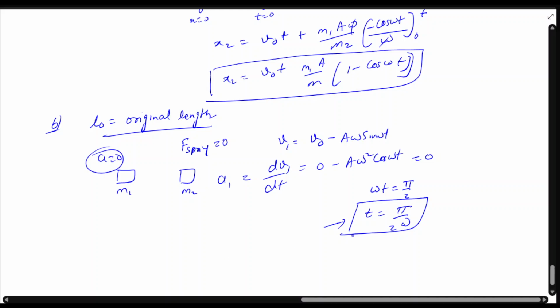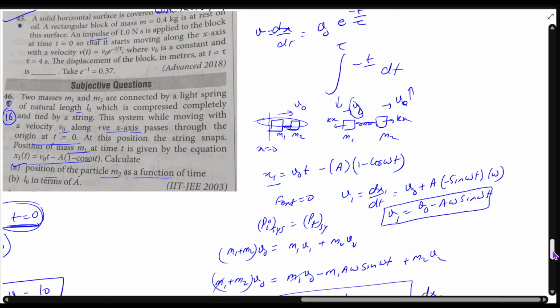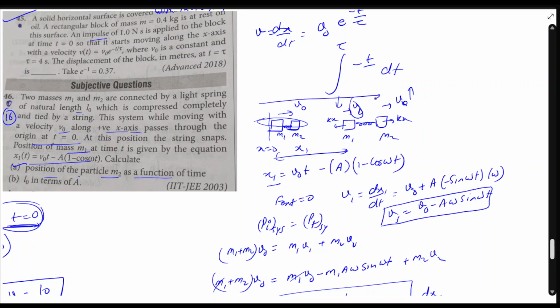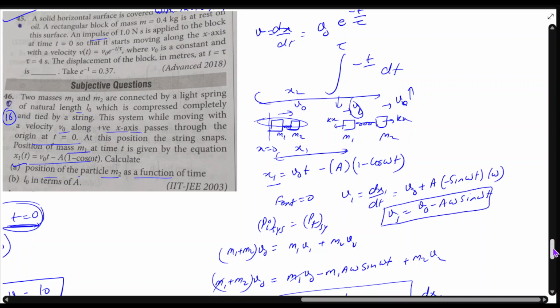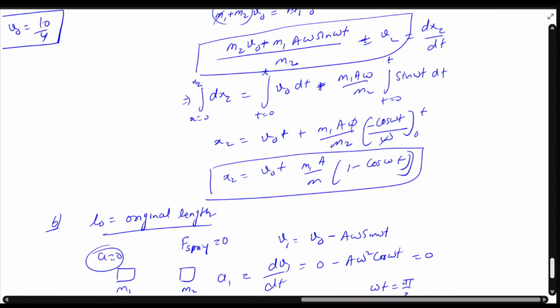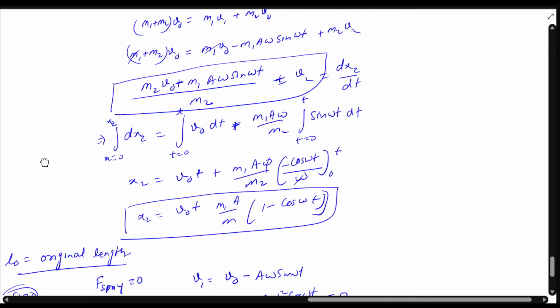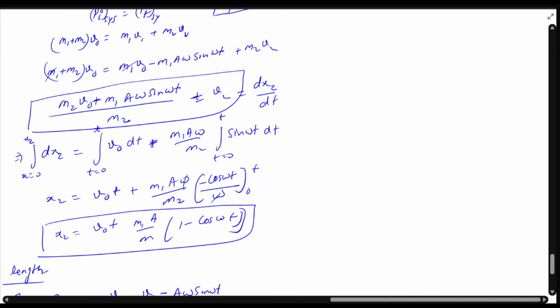Right? Now at this time the position of m1 will be, let's say, x1, and the position of m2 will be x2. So the natural length will be x2 minus x1. Right? Are you getting me? This is quite an interesting question. So we have to find